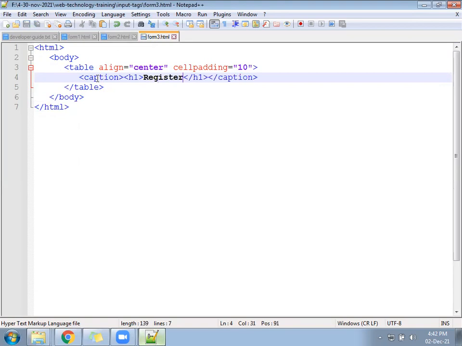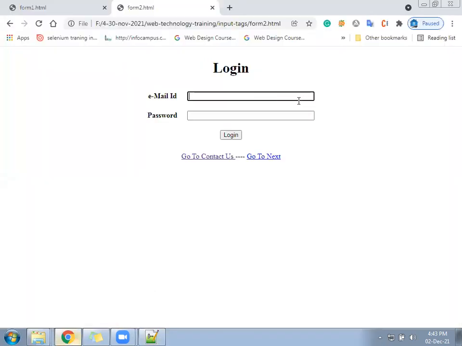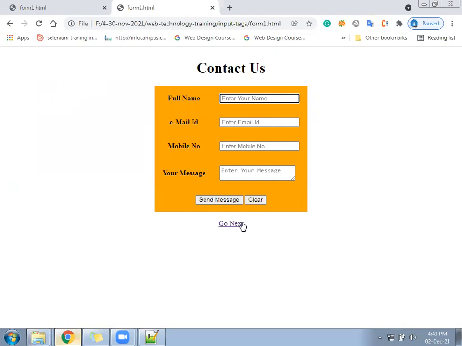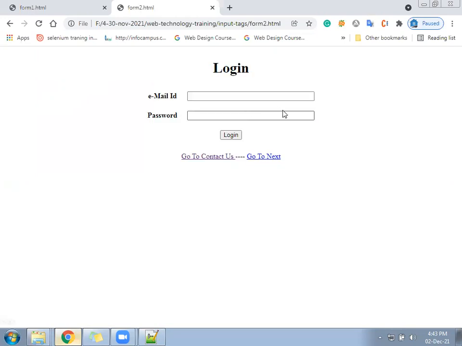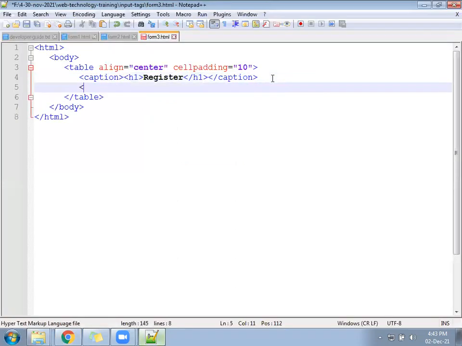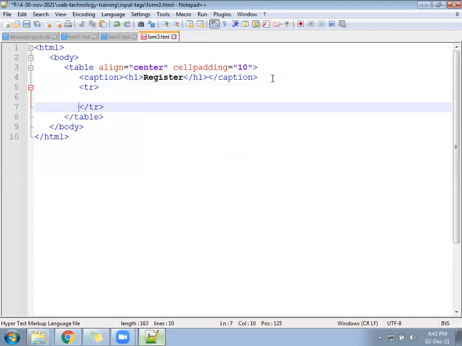So first example, you have seen the placeholder. Second example, what you saw? Which property? Size. Size has increased the width little. Previous file, if you see, width is little smaller. Text box width is little small. In this current file, width is little bigger. Now in this file, we are going to use some other property also. Let's write tr. Th we can follow.